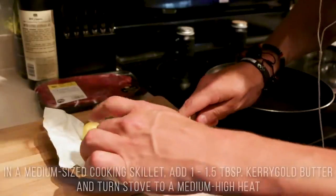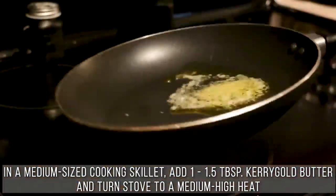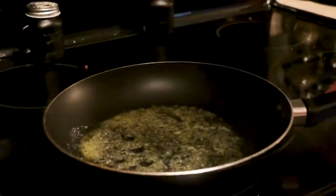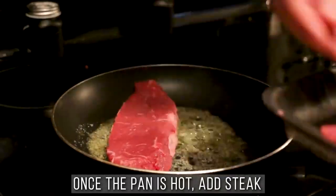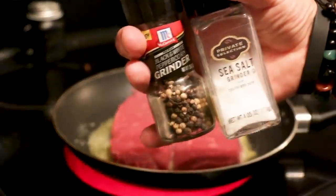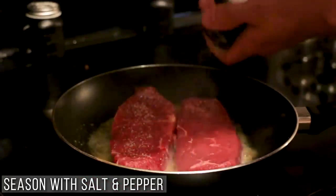And now I'm going to move on to the steaks. I'm going to use some butter for the steaks, this pure Irish butter. You could get a different kind of butter if you'd like, but I really like this butter. I think it has a good flavor to it and pretty simple ingredients. I'm just gonna sear it with some salt and some pepper,